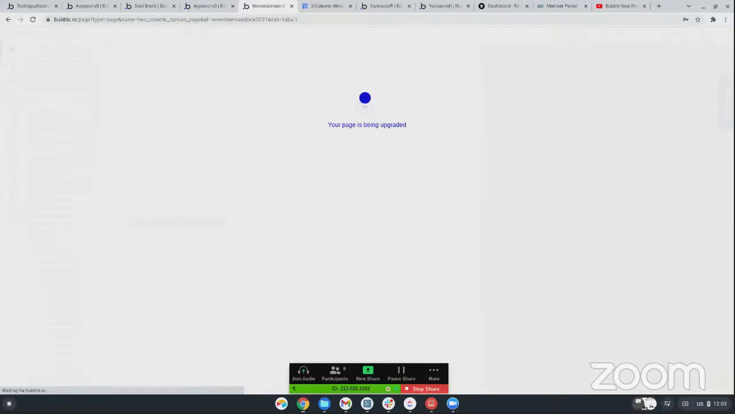Got it. Yeah, I didn't try to make a copy of it. This isn't a super heavy canvas page. It's just, but it is a canvas page. So